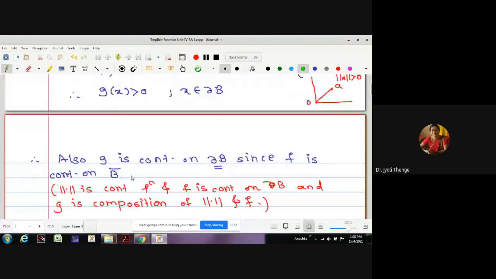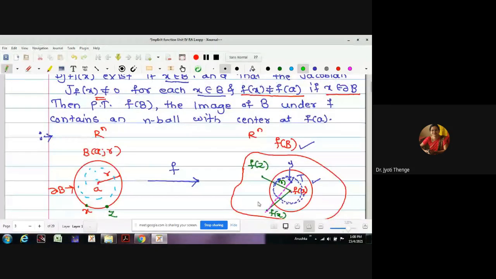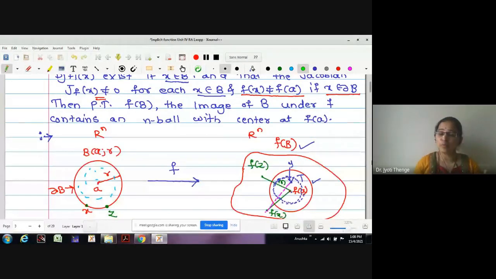Once we find the minimum distance between the two points f of x and f of a, we have marked it at the point z. Then later, assuming this m exists, we will take an open ball centered at f of a with radius less than m, let it be m by 2. Then we have assumed this to be an open sphere T, with center at f of a and radius m by 2.